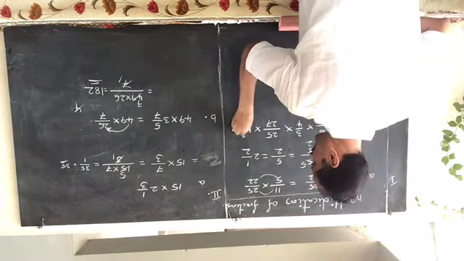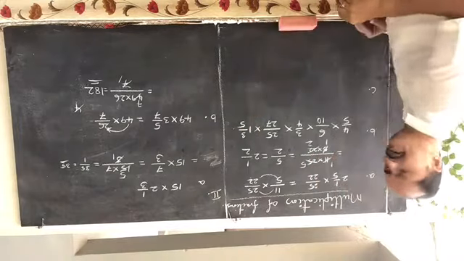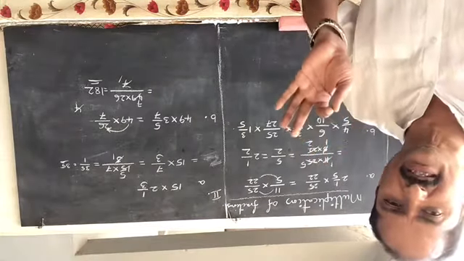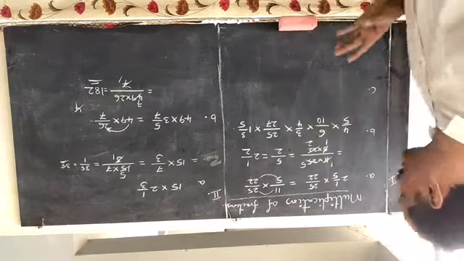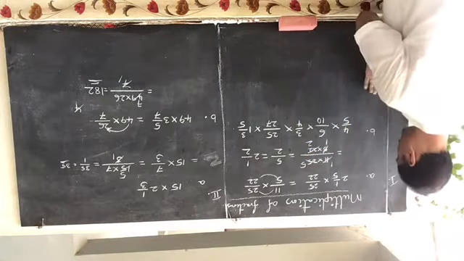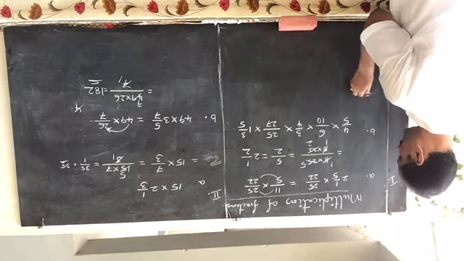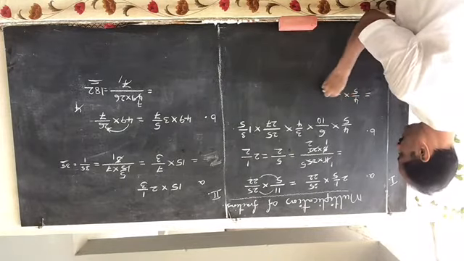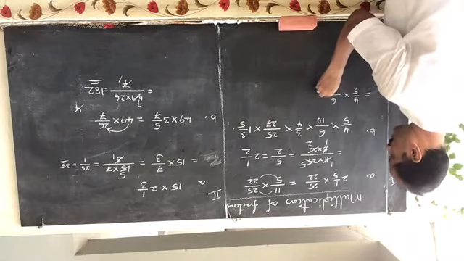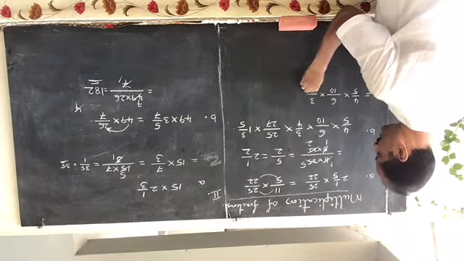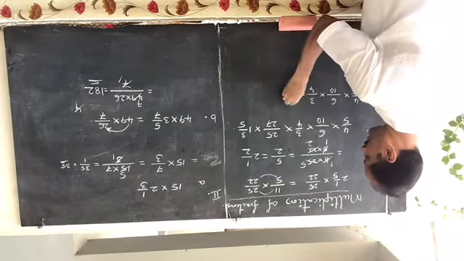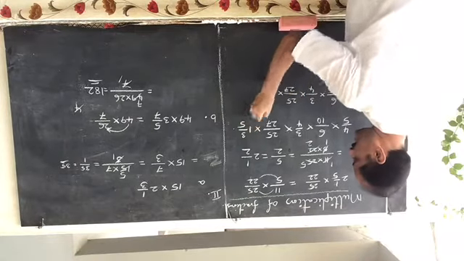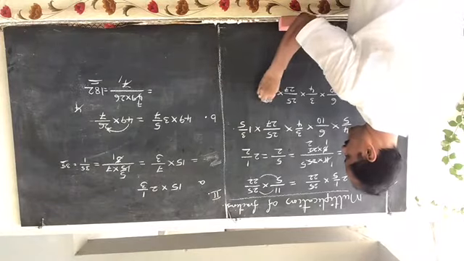1 3 by 5 also. Whatever, however many fractions there may be, first convert all the mixed numerals into improper fractions. Mixed numerals into improper fractions, so write down the answer: the remaining 4 by 5 into 6 by 10 into 3 by 4 into 25 by 27 into 1 5 is 5 plus 3, 8 by 5.